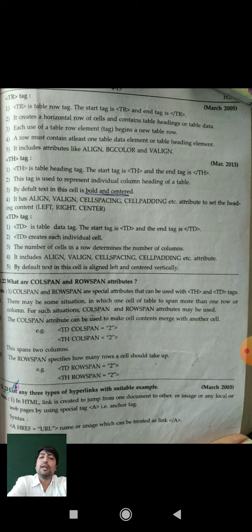Now see the td tag. TD is the table data tag. I have already told in this video that td means table definition. It is a wrong sentence, but I was practicing the td tag with table data. We can also say that table data is there.